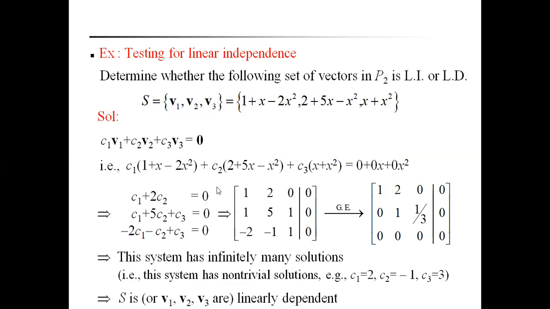This is a very, very important example. So by using the echelon form, we have to reduce into echelon form, then write in the form of matrix equations, linear equations. Then we get the solutions of C1, C2, C3. Therefore, from that we say that all constants should be 0, then the set of vectors forms a linearly independent set. If we get values for C1, C2, C3 such that at least one constant is non-zero, then the set of vectors is linearly dependent.